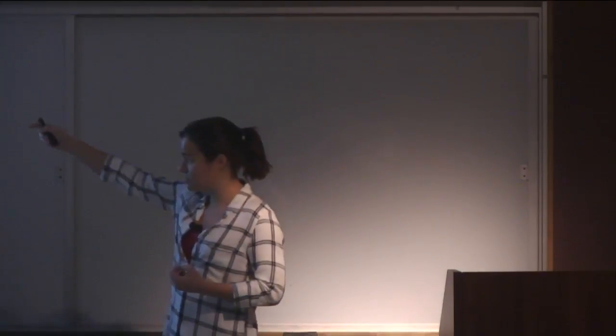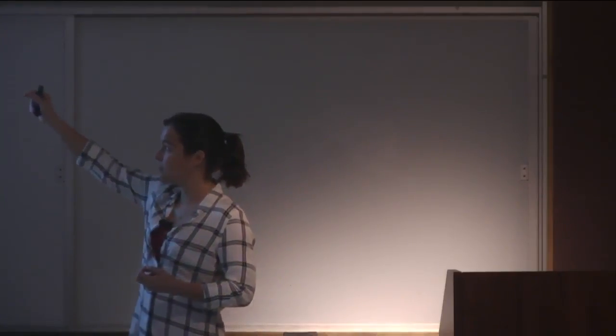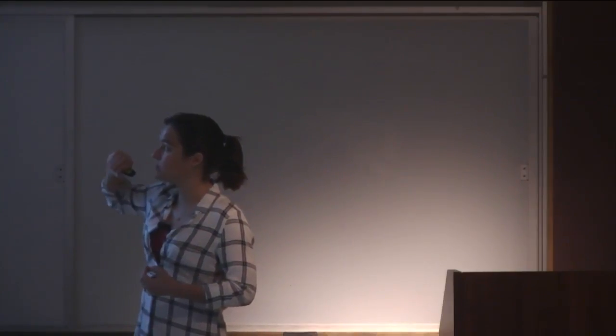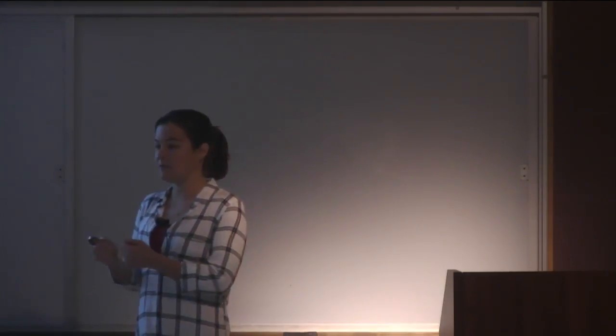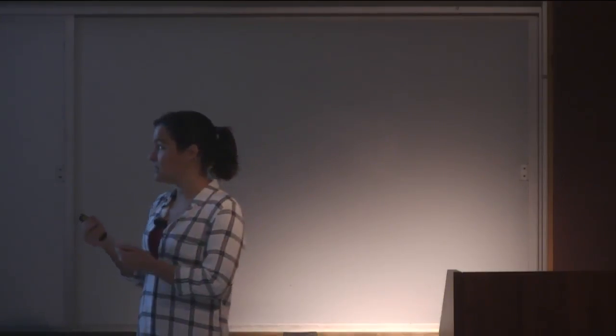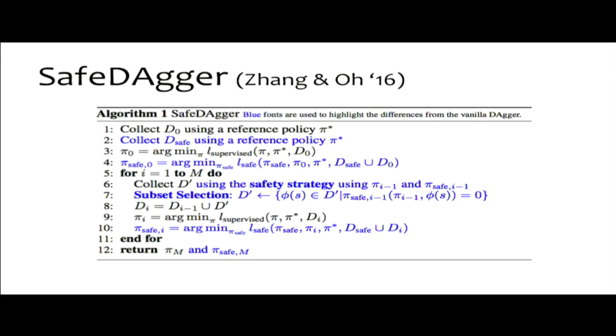After we train our initial classifier and our initial policy, we collect data using what they call their safety strategy. If your classifier says that the policy is good and it won't make a mistake, then you use the policy. If your classifier says that your policy is going to make a mistake and it's unsafe, you have the human take over.